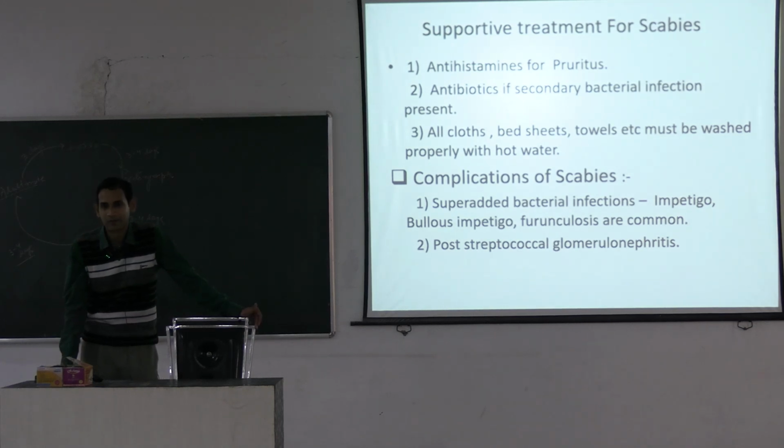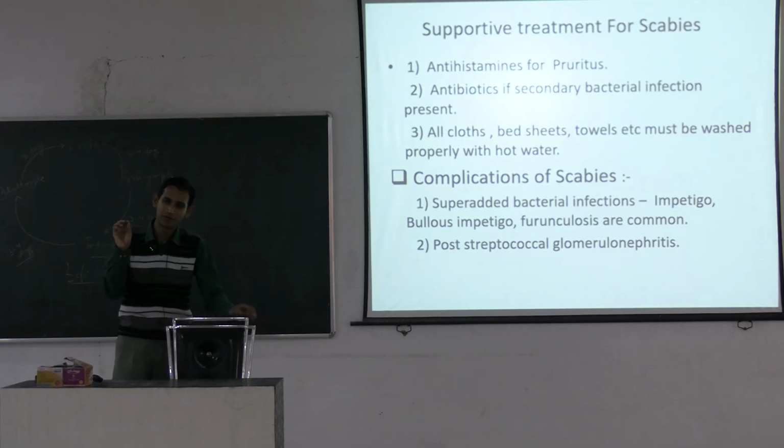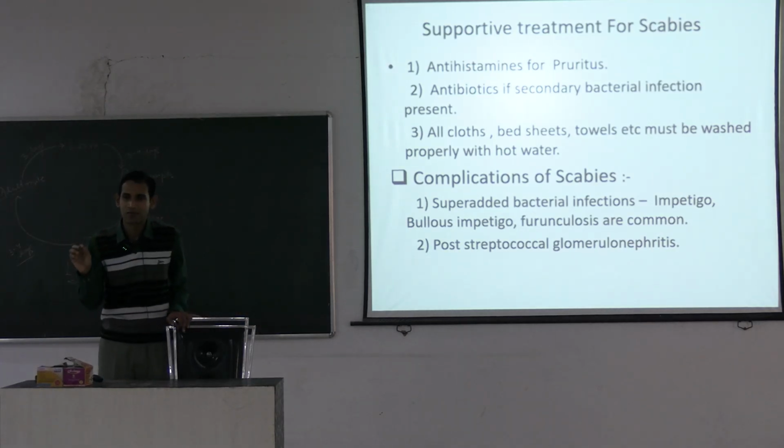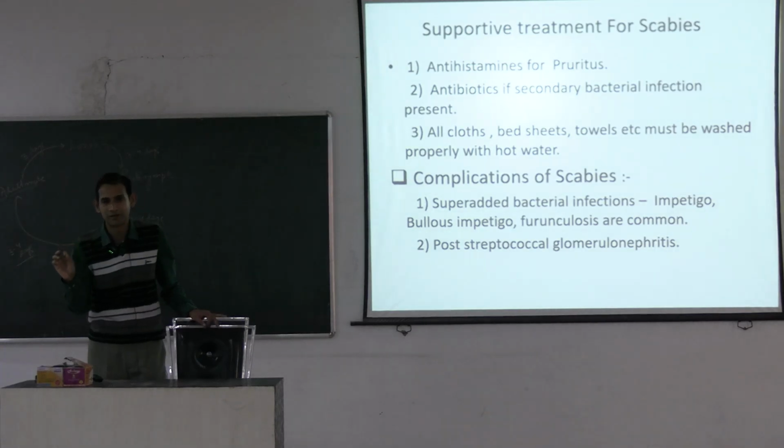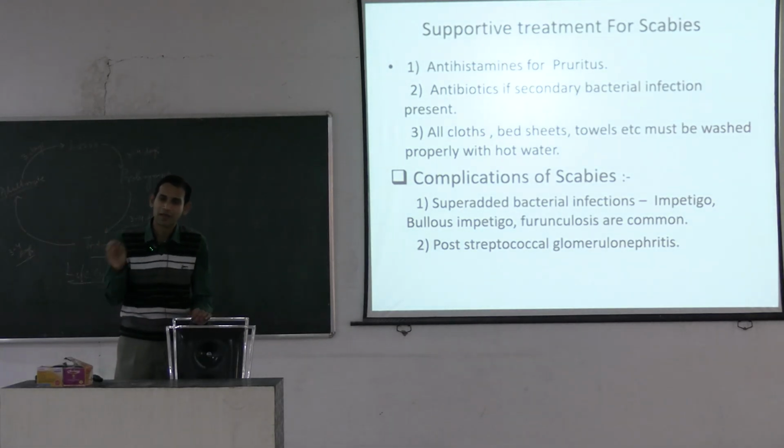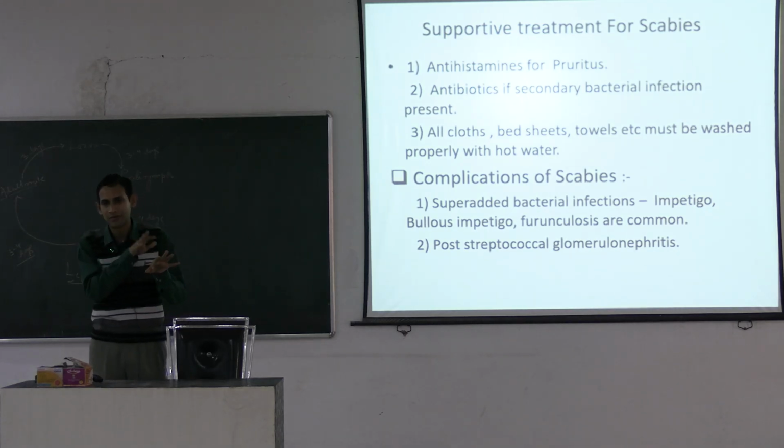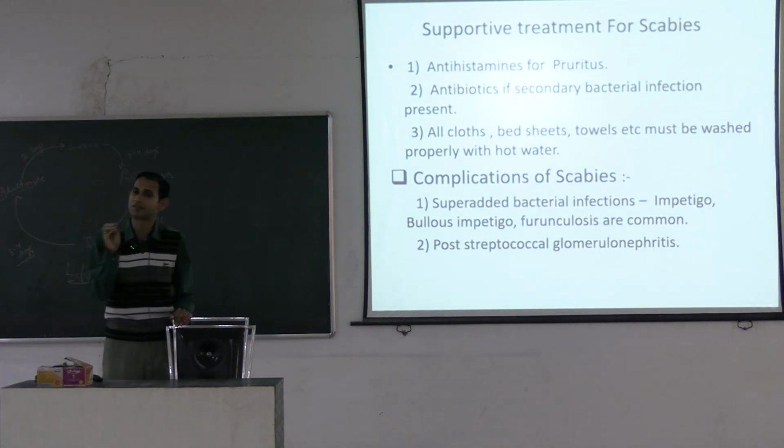And now the treatment part. If you are asked about the treatment, just write down the treatment in short. That is the topical medicine, 5% Permethrin cream, is the drug of choice, and the only effective oral drug is Ivermectin, particularly in case of crusted scabies. And complications of scabies, just remember, as there is extensive itching, the skin barrier is disrupted. There is a high chance of secondary bacterial infection, and in neglected cases post-streptococcal glomerulonephritis and eczematous reactions can occur.